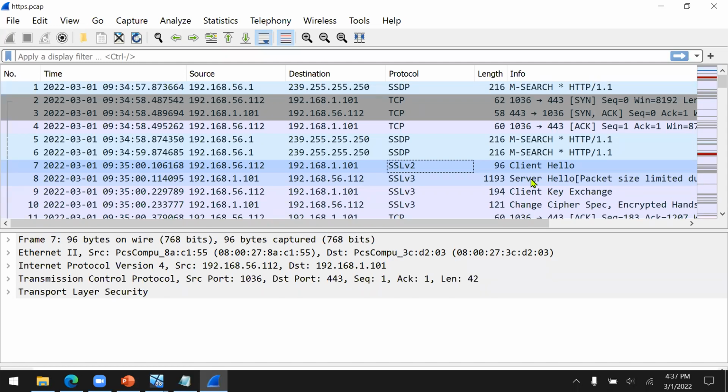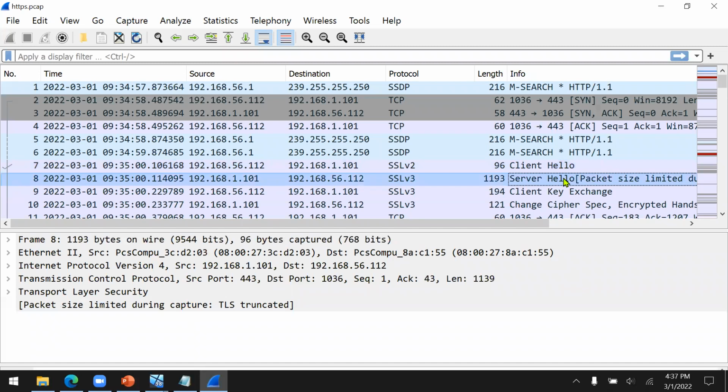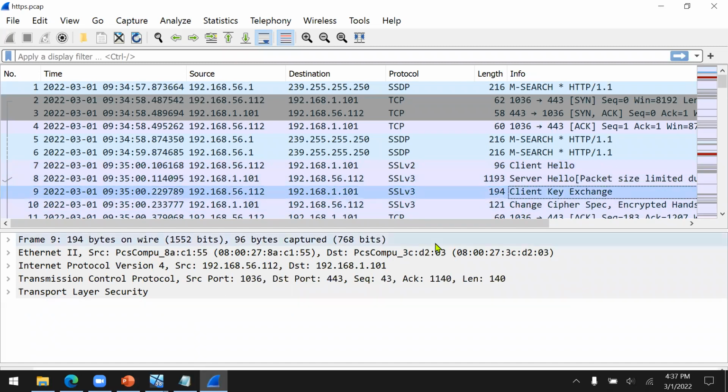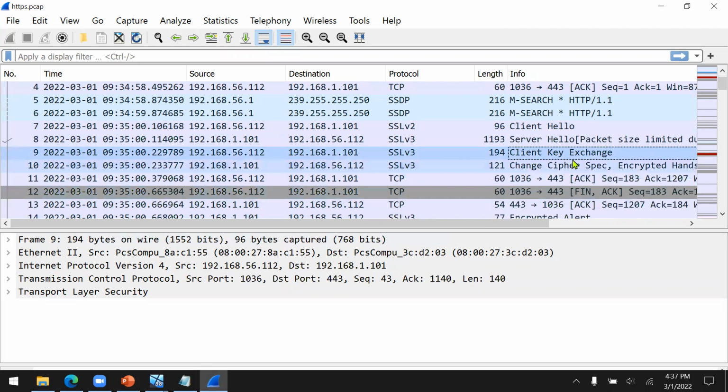So first you say hello, and then the server will say hello, and then please exchange our key. Now you cannot explore what key is being used. You cannot use Wireshark to open the key because it's hidden. Wireshark is supposed to hide everything in the key exchange.